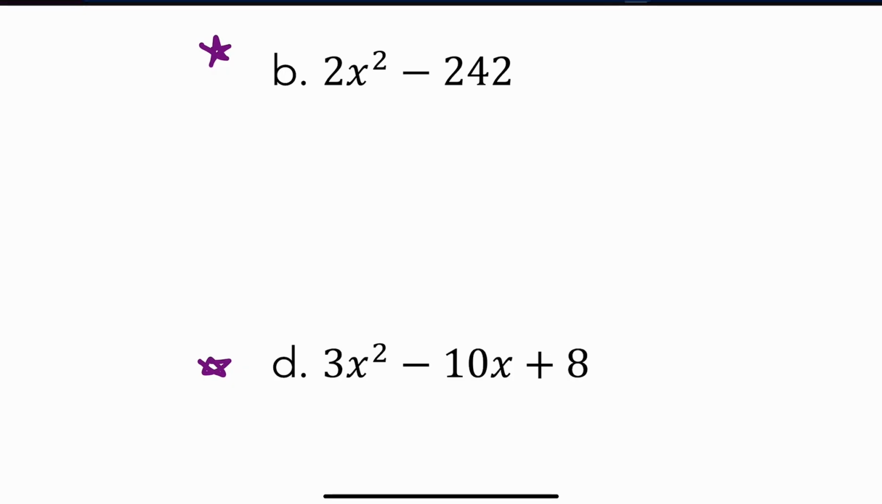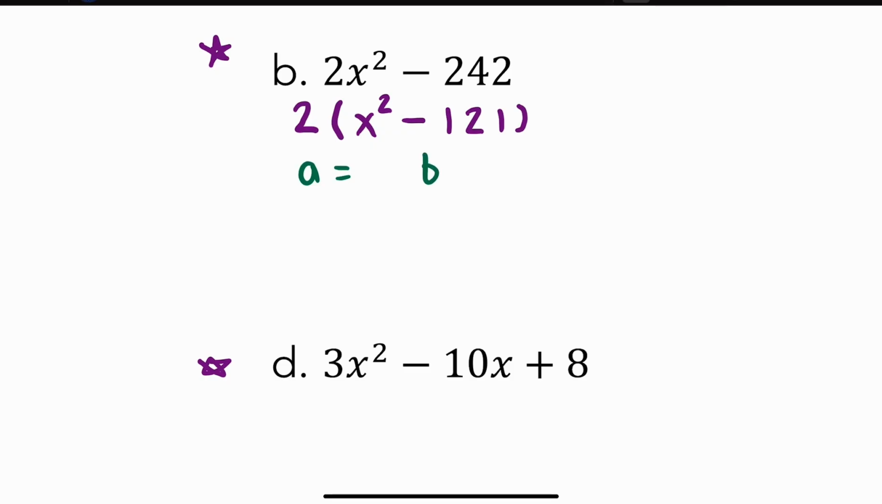Okay. So in order to do B, the easiest way is to go ahead and factor out your greatest common factor. So your greatest common factor is 2. When you factor that out, you're left with x squared minus, and 242 divided by 2 is 121. Okay? So in order to factor this, you're going to want to identify your A,